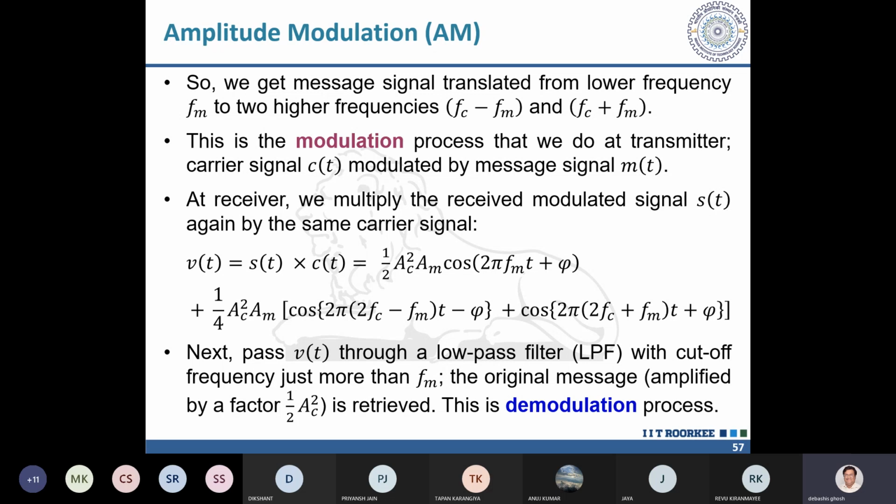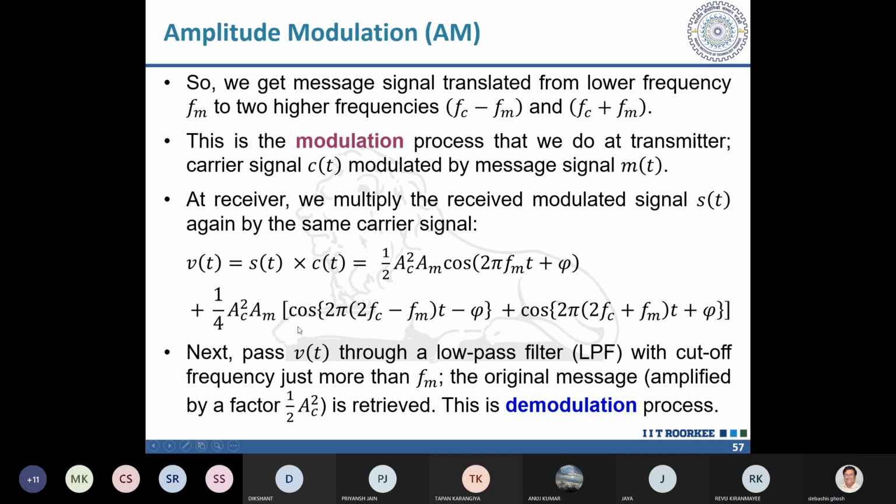So when you give input to a filter, some of the frequency components will pass through that filter and some of the frequency components will not pass through it. They will be stopped. They will be rejected by that filter. That's why the name filter. A filter will allow some frequencies of the signal and some frequencies it will not allow. So low pass means it will allow only lower frequency signals and it will stop higher frequency signals.